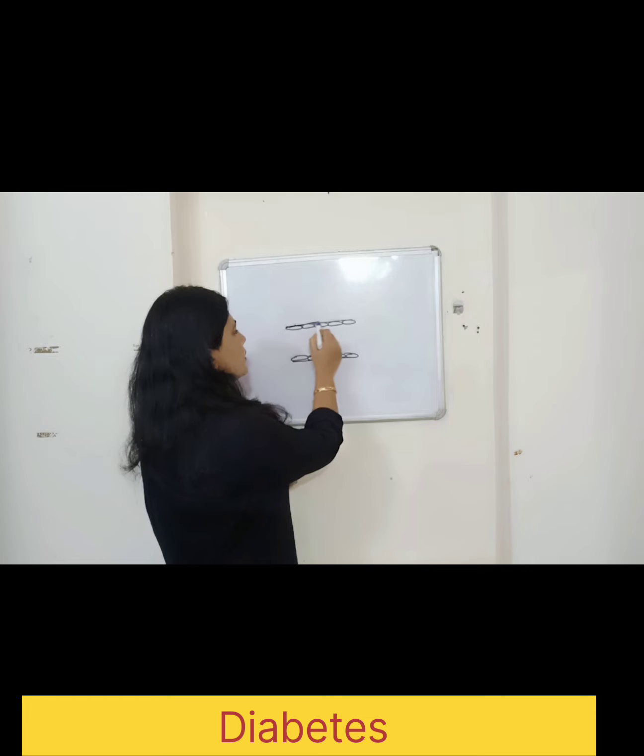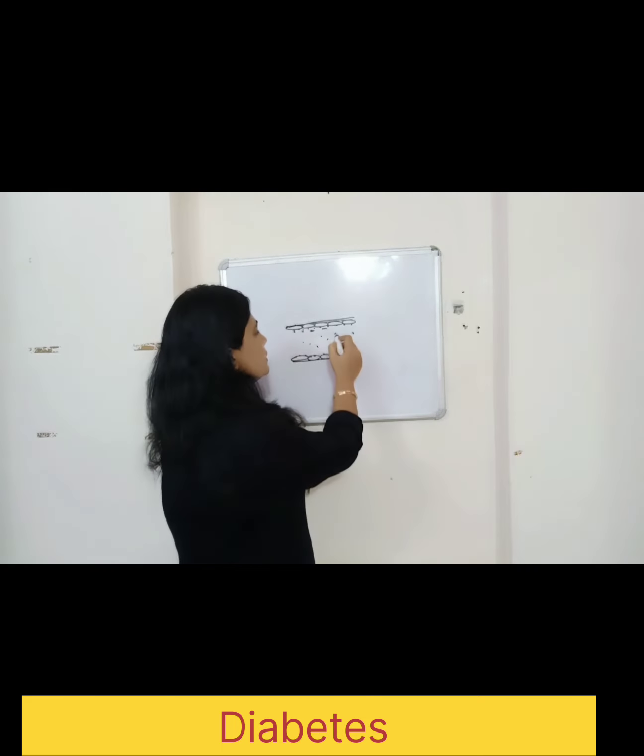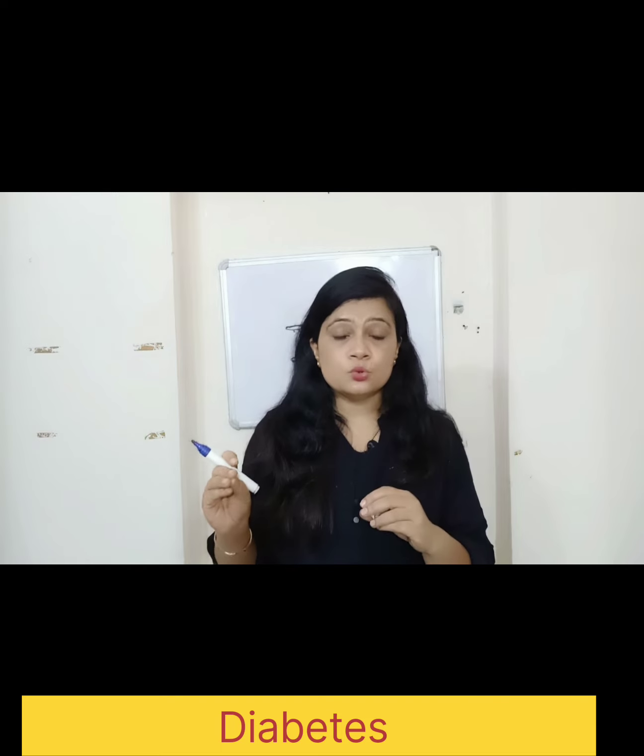Next is diabetes. Diabetes is also one of the causes of this kidney failure. Now what happens in diabetes? There is an excess amount of glucose present in the blood. When there is excess glucose in the blood, it starts to attach with the proteins on the membrane of the renal artery. This is the glucose, and it starts to attach on the lining of the renal artery, and because of that the same thing is there. This lumen is going to decrease, and when this lumen is going to narrow, then there is decreased blood supply and decreased oxygen. Because of decreased blood and decreased oxygen, there is decreased perfusion to the tissues, and there is